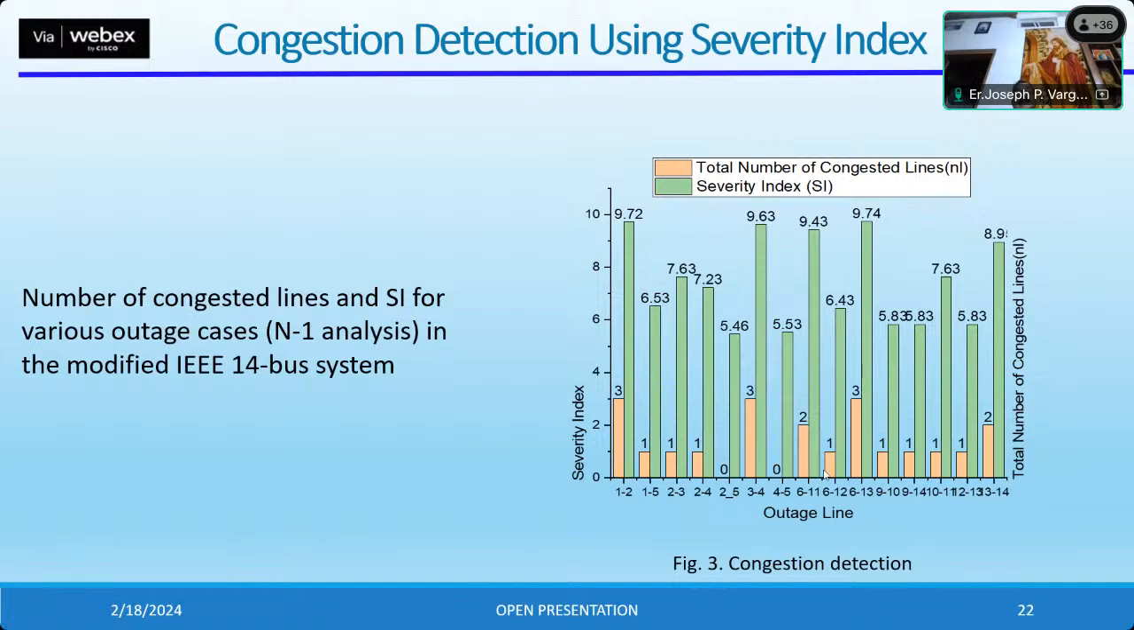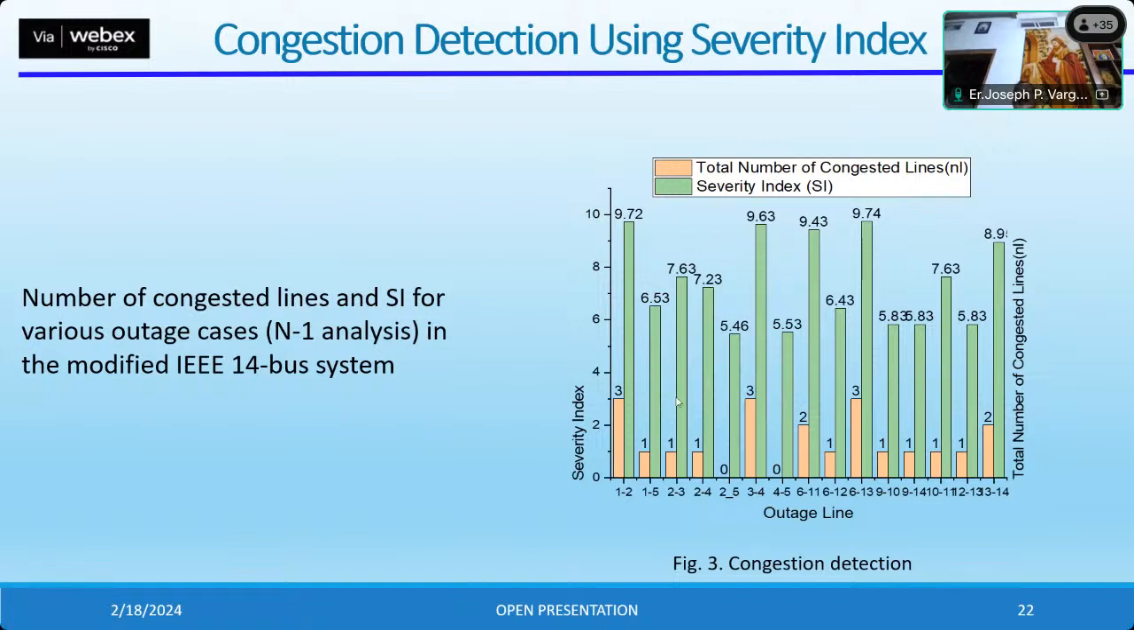From this analysis, it is revealed that for this IEEE 14-bus system, the most severe outage is created when line number 6-13, the line connecting bus number 6 and 13, is interrupted. That is, the severity index will become 9.74. Our base value, as I told before, is 5.5, and this value is 9.74. We know that due to the outage of line 6-13, this system has become